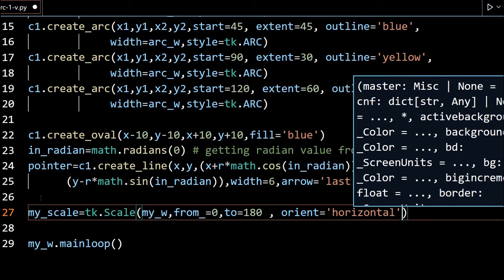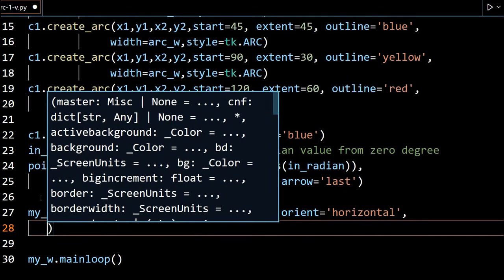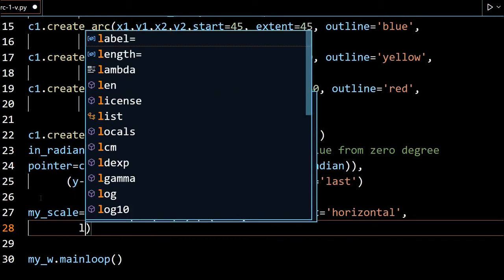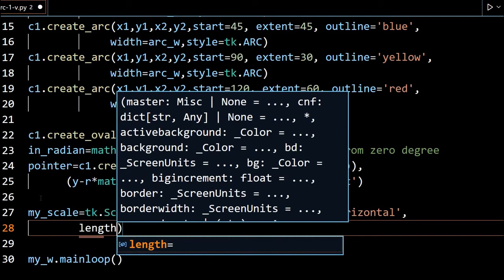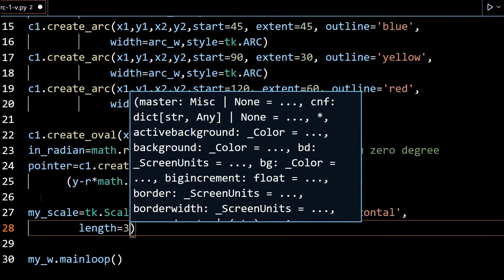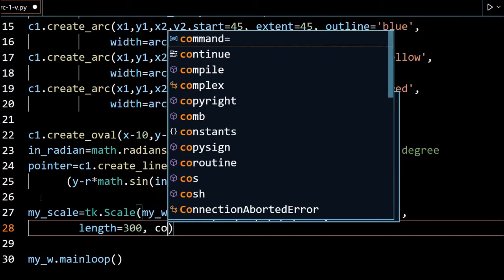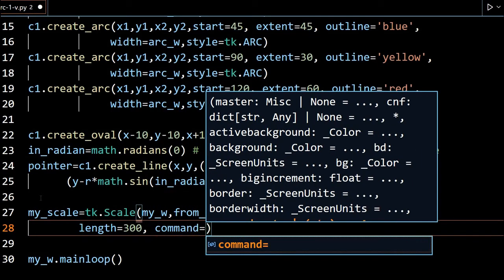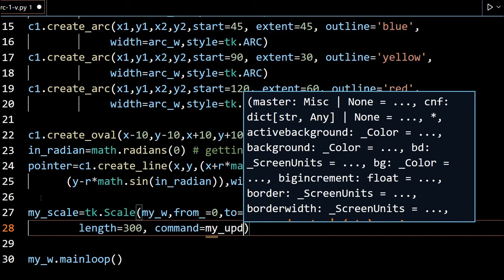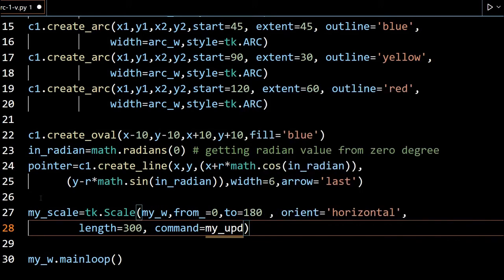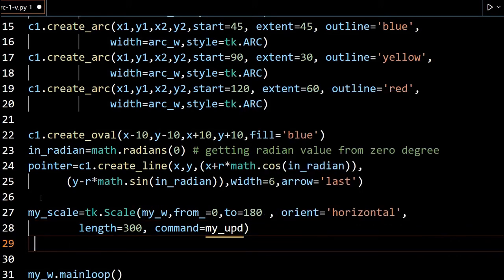Now just come to the next line, for your easy understanding. What should be the length? Length should be 300, and command. Okay, I have not written the function, I am just giving the name, my update. I have not yet declared it, I will declare it just above.